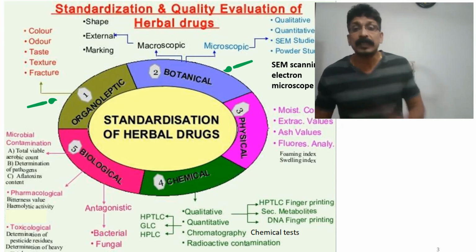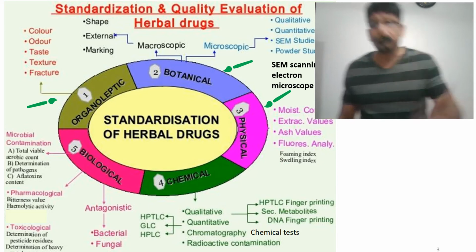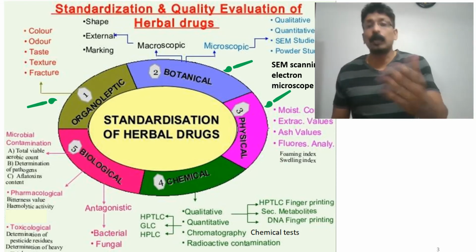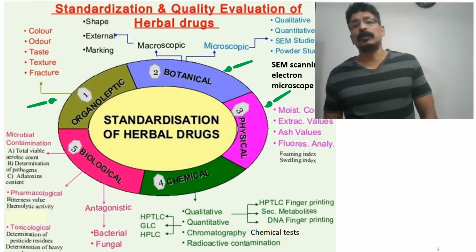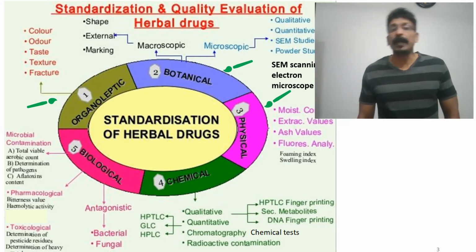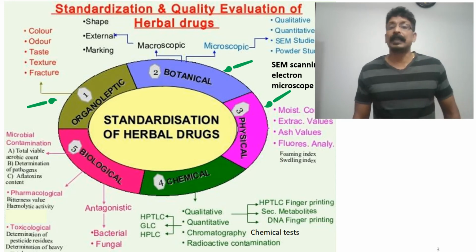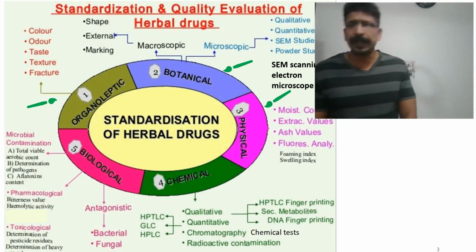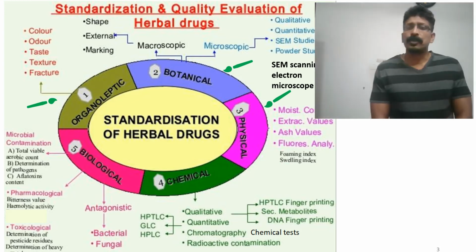Physical method, next one: if we see moisture content, extraction value, ash value, fluorescent analysis, that means fluorescent material can be mixed up, and microscopical identification of their various compounds, and it includes many methods. Fluorescent analysis for compounds which are fluorescent can also be done. And I just made this foam index and swelling index part of the physical evaluation, because previously it was shown in the pharmacological subdivision in standardization of herbal drugs, and it can come even under chemical, but it's more interesting to bring them in the physical evaluation, because we have done this lab. In the lab you have done foam index and swelling index,